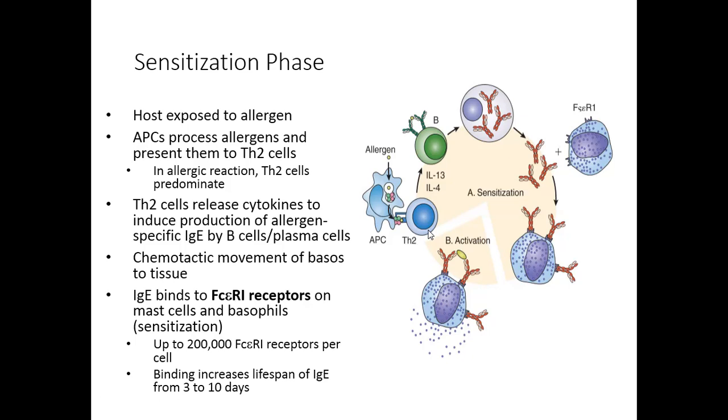Remember, under normal circumstances, that would be a T helper cell 1, but the genetic predisposition that we're going to see in a few minutes is that T helper cell 2s are going to be the predominant T cell. And this is important in this process because the T helper 2 cell will release specific cytokines, interleukins, a couple of them, interleukin 13, interleukin 4, which work synergistically